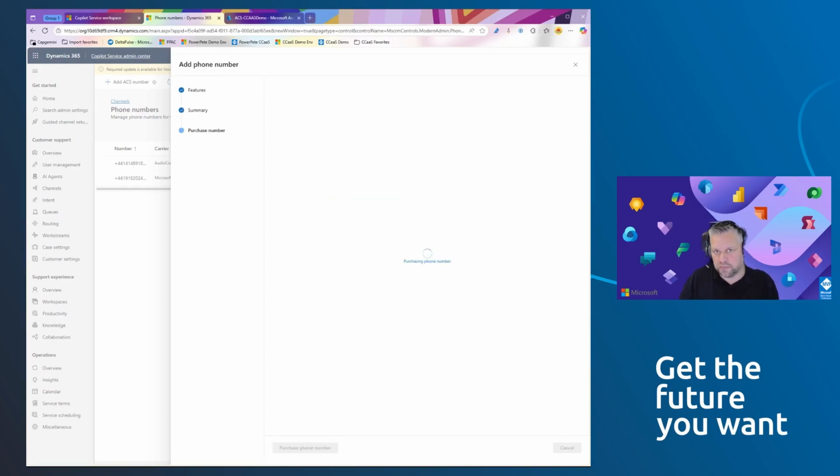That takes a minute or so. While we are waiting for that, it is important to mention that the number is basically a business number. It's a business SMS number that is purchased through ACS. You have to verify that number as a business to be able to send SMS back. So now I've purchased a number, and I can set up the workstream, etc. But I can't send any response back until I've actually verified my business. I'll walk you through that as well. That is very important to